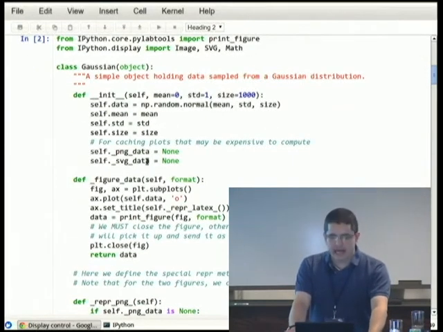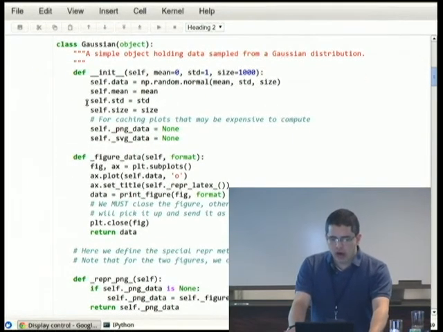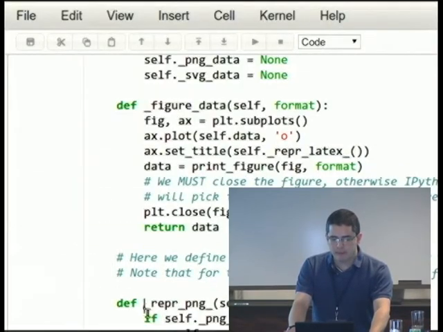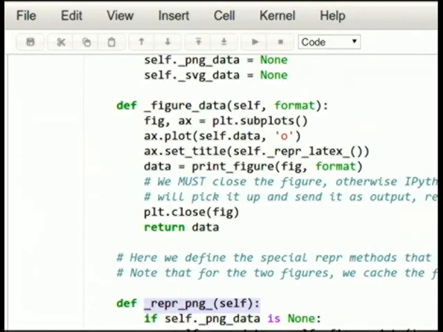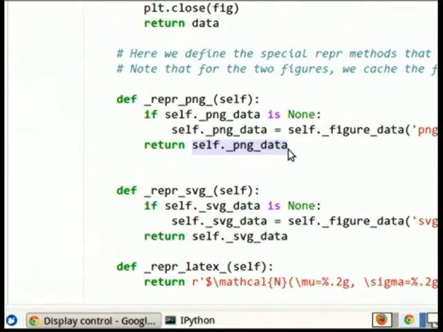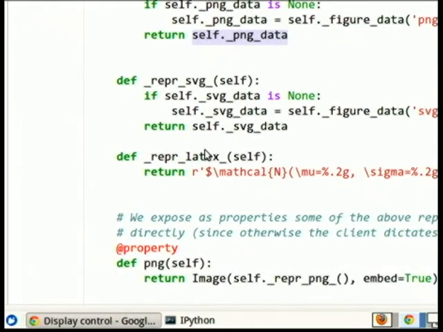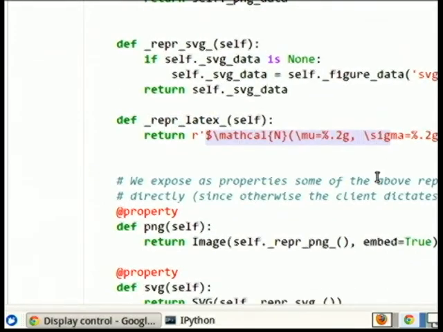And it has a LaTeX representation. So all I've done is I do the computation, I store these things, and then if I define a wrapper PNG that returns the PNG data, that's enough for IPython to pick it up and render it as a PNG. If I define a wrapper SVG that computes the SVG data using matplotlib, then that's enough for IPython to pick it up. If I define a wrapper LaTeX that simply returns the proper LaTeX string for that Gaussian, then that's